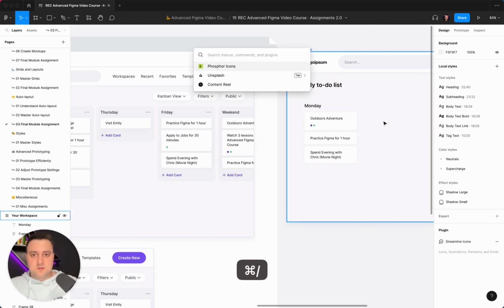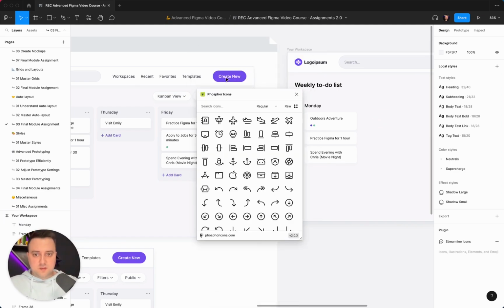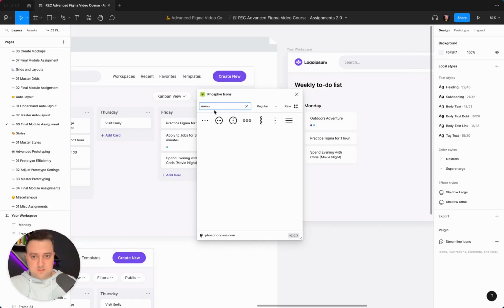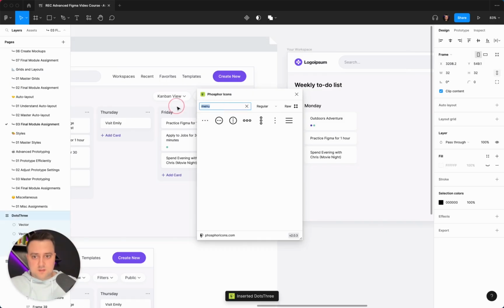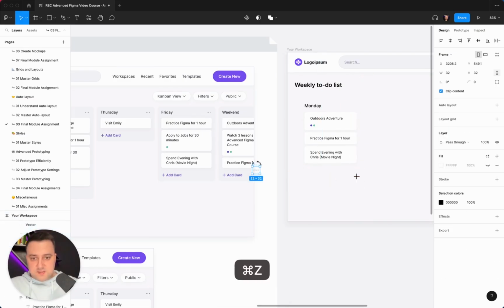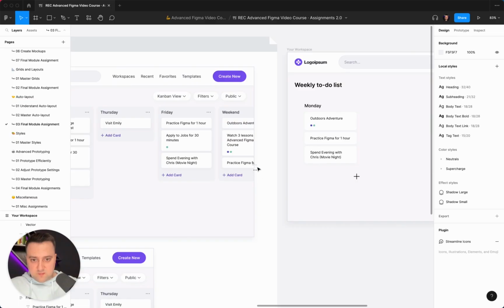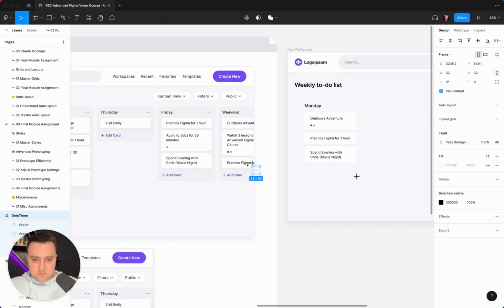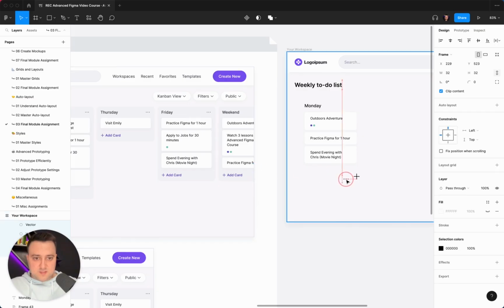And I'm also gonna add the menu icon, and I'm gonna need a plus. So I've added both of those icons in here. I can drag them in here to work with them. You need to be careful when you're working with this. You don't want to drag just like one dot. So make sure that you selected the whole frame by seeing these dots in there, and then you can drag